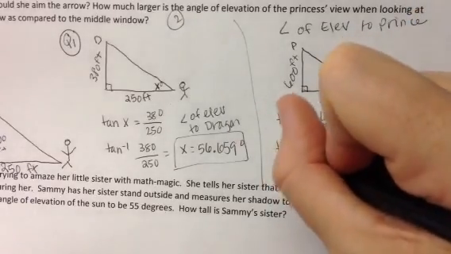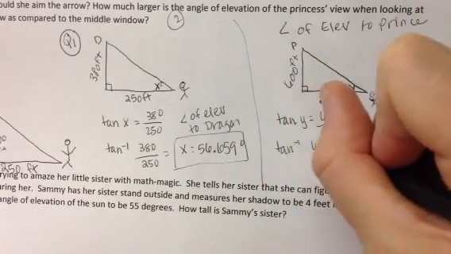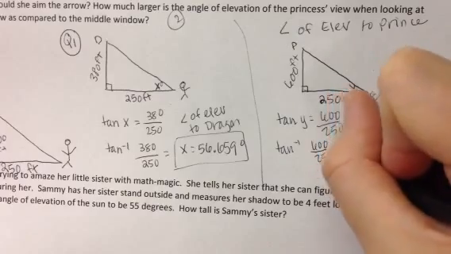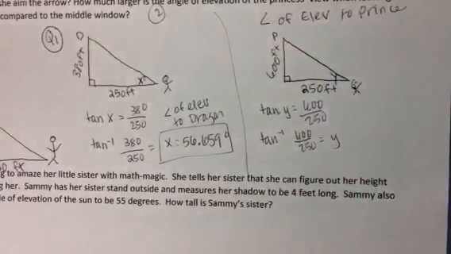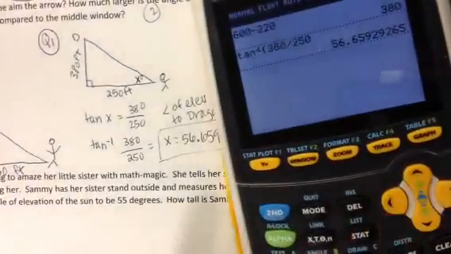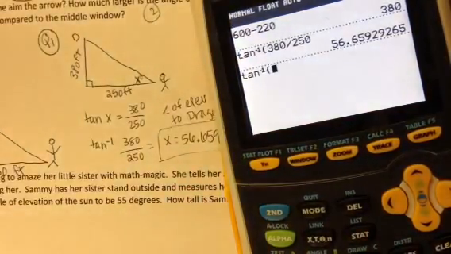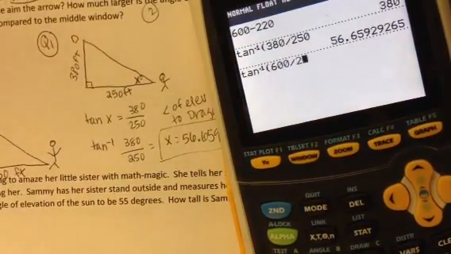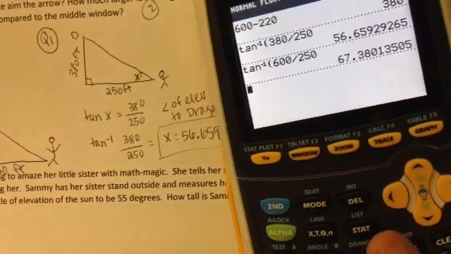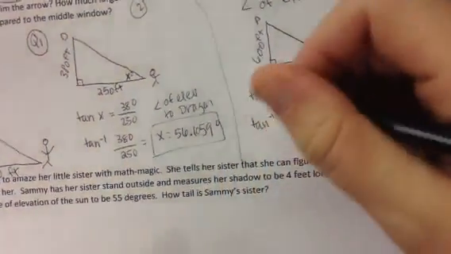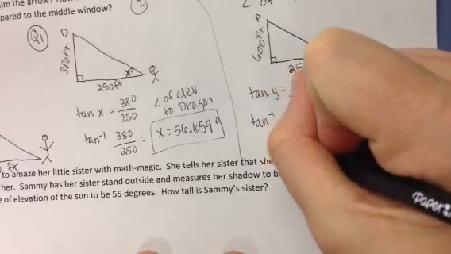And then we could use the inverse tangent of 600 over 250 to find the value of Y. So we'll go back to our calculator, do second tan for inverse tangent, 600 divided by 250. And we get 67.380. So Y is approximately